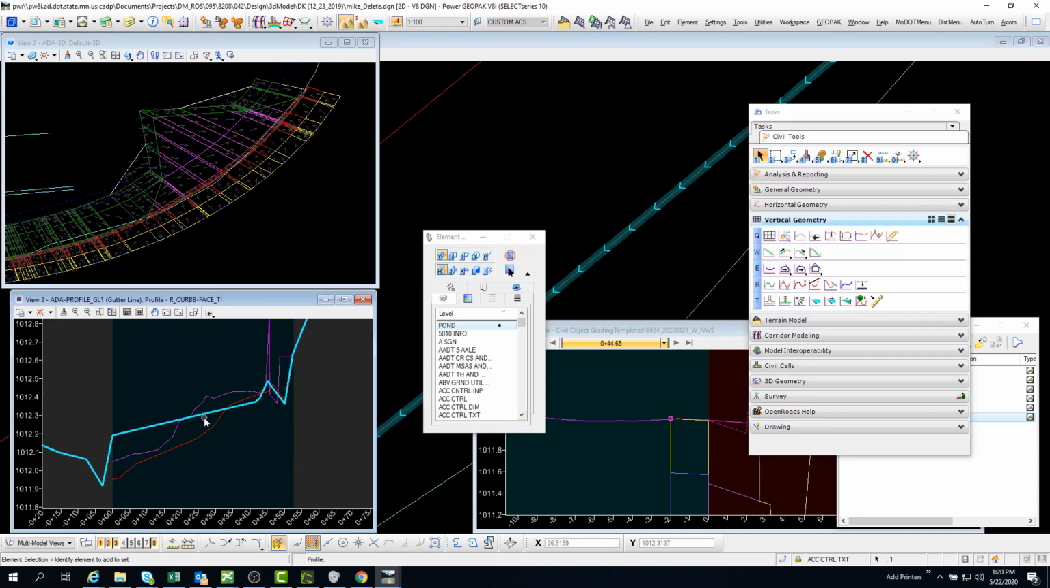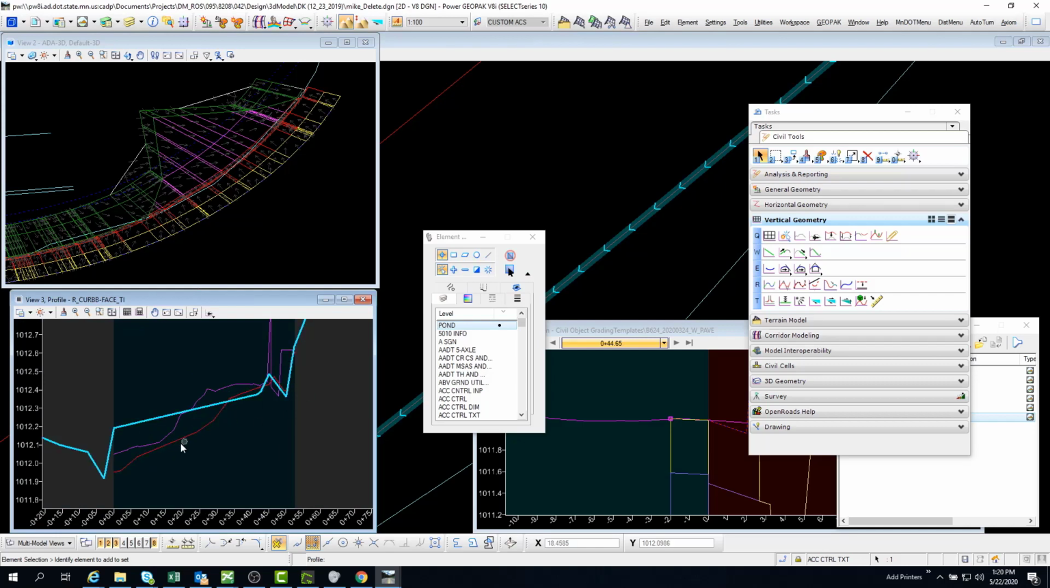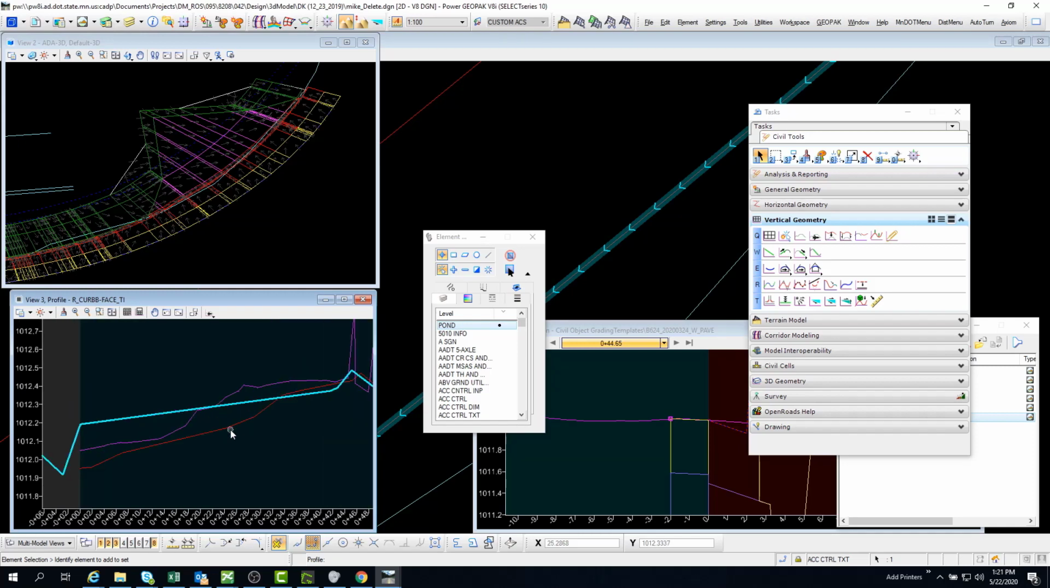So this is what it was doing, and this is what it's doing now, which, let's see, it's a little flatter than what I thought it would be. But on this gutter line profile, I have all of my gutter pan slopes,